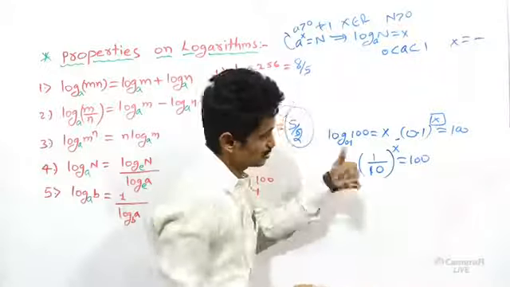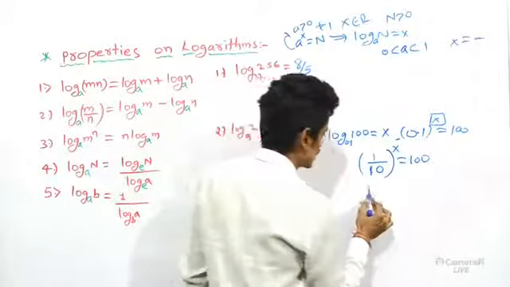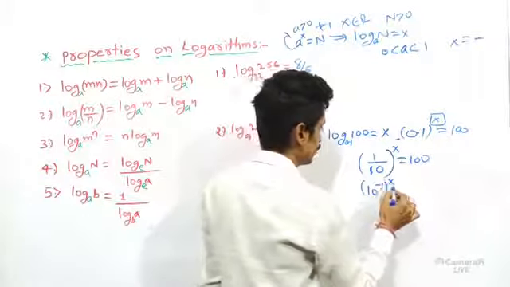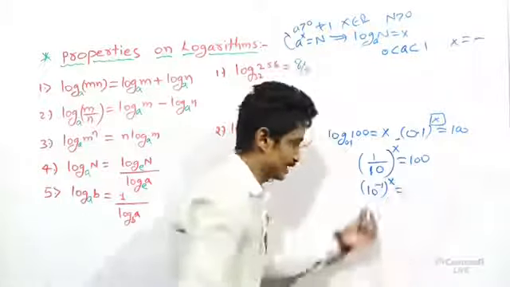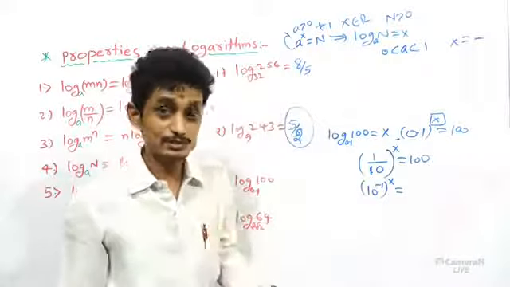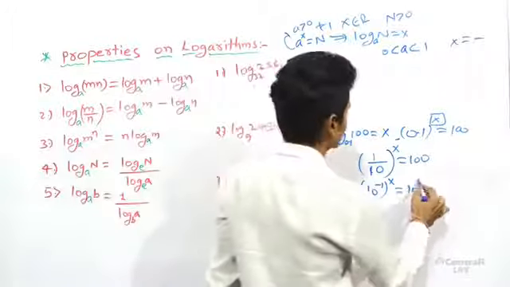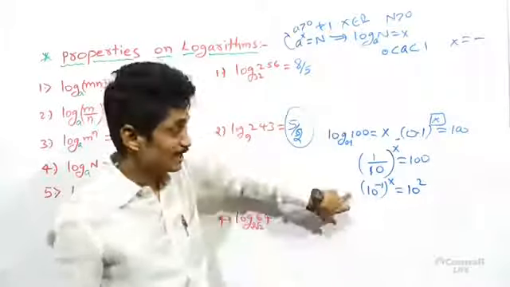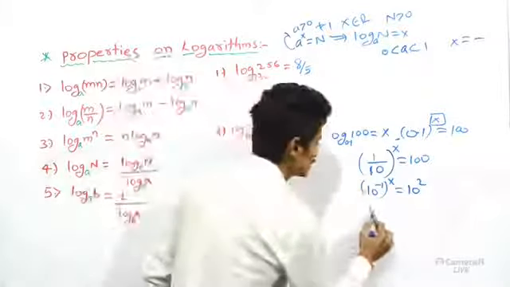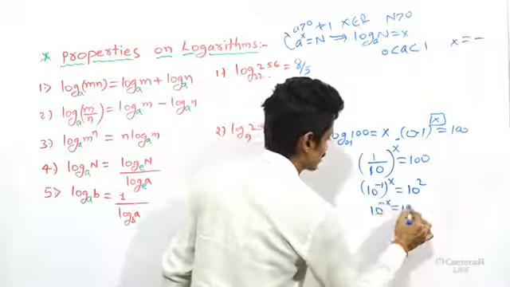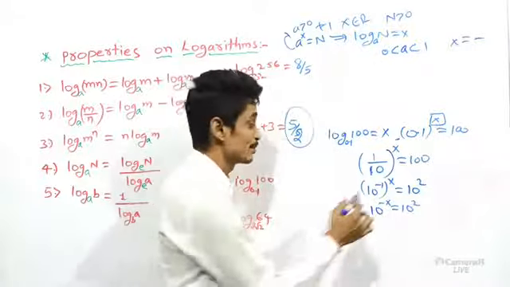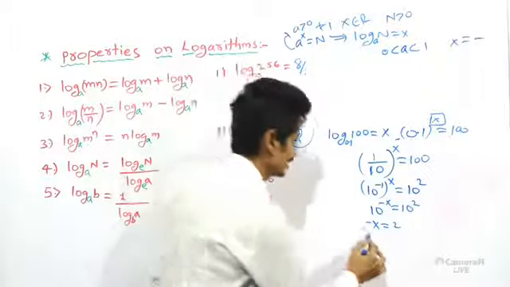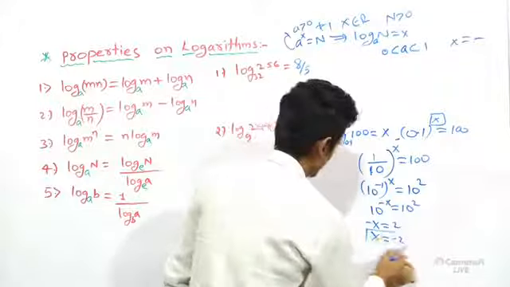Now this 10 I should take as a reciprocal. It means 10 power minus 1. Reciprocal means 10 power minus 1, whole power x, is equal to 100, which you can also express as a power of 10. That is very simple, everyone knows, it is 10 square. Of course, you got the negative number because one side has a negative. Applying the third law of exponents, 10 power minus x is equal to 10 square. Now I got minus x is equal to 2. Hence my answer is x is equal to minus 2.